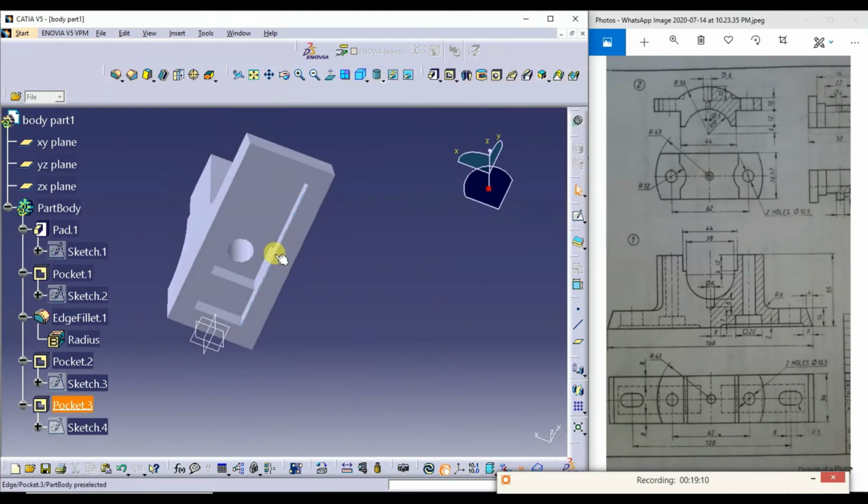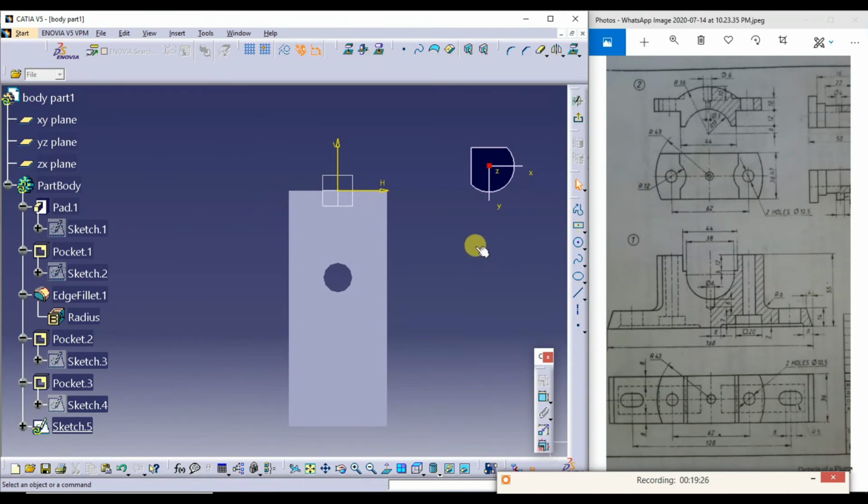So this is a cutout. Next, there is a hole. What I do, I choose this plane, go for sketch mode. Next, I'll draw this kind of shape. There is a command here, this command, elongated hole. The center of that should lie on the wall, this.